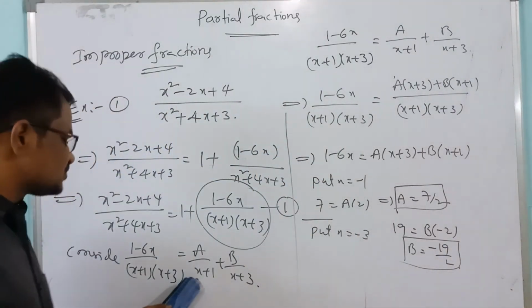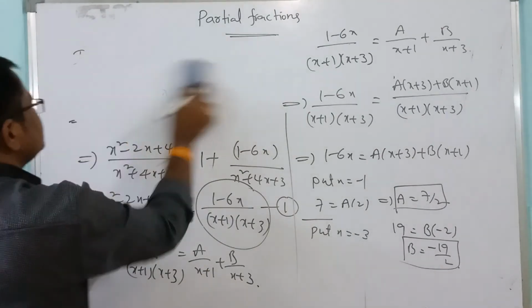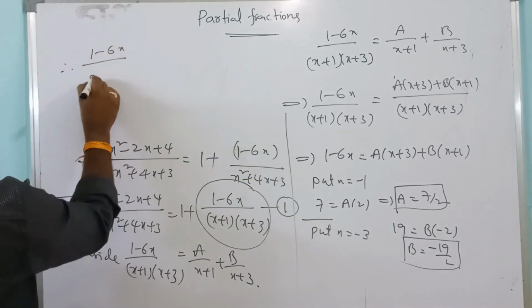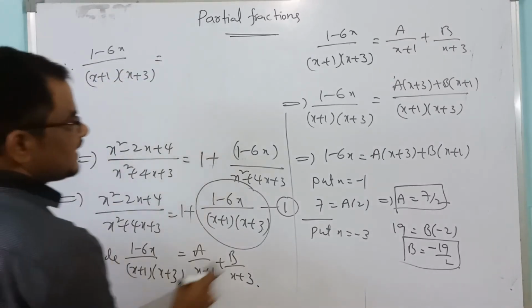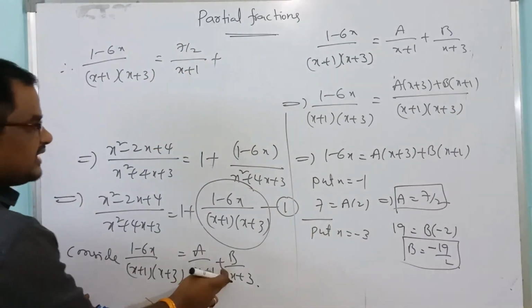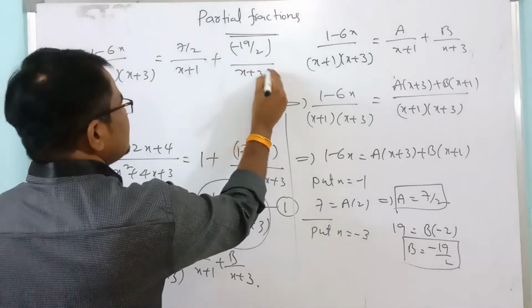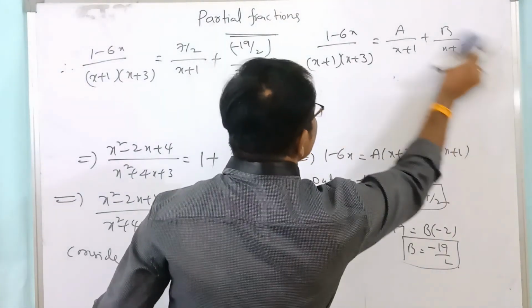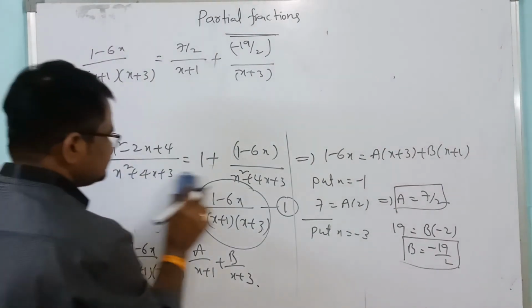These two we have to substitute here, right? So therefore (1 minus 6x) by (x plus 1) into (x plus 3) equal to a is 7 by 2 divided by x plus 1 plus b is minus 19 by 2 divided by x plus 3. If you want, you can multiply these two here. Now again these two we have to substitute in this one, because the final one is this one, that is equal to